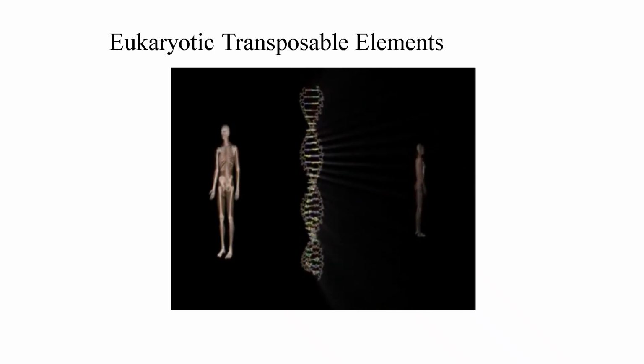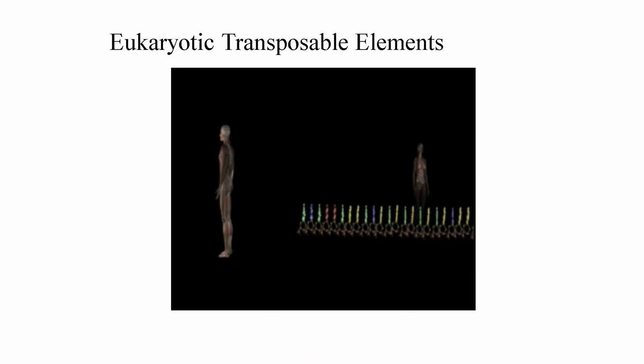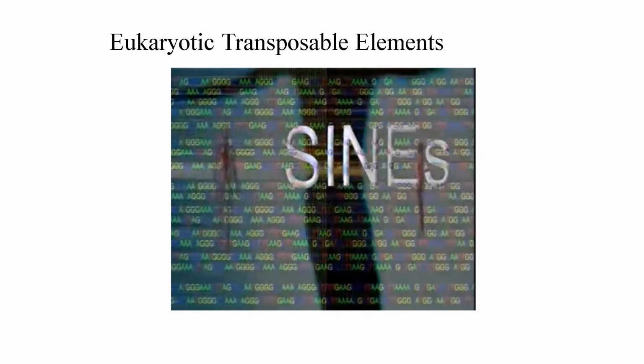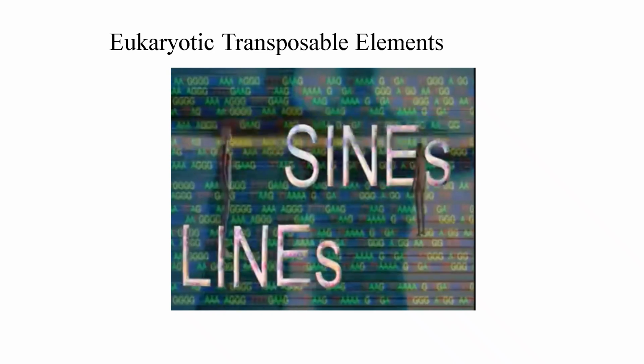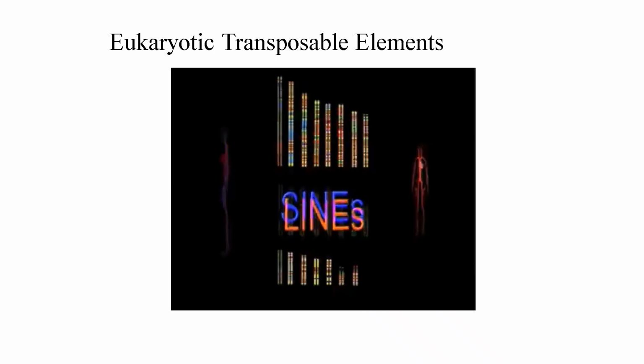There are sections of an organism's genome, called transposons, that have no other function except for inserting copies of themselves elsewhere on the genome. And there are many very well-known sequences that do this. Two such sequences are SINEs, or short interspersed transposable elements, and LINEs, or long interspersed transposable elements. There are about 850,000 LINEs and 1.5 million SINEs scattered throughout your genome, accounting for nearly 30% of the entire